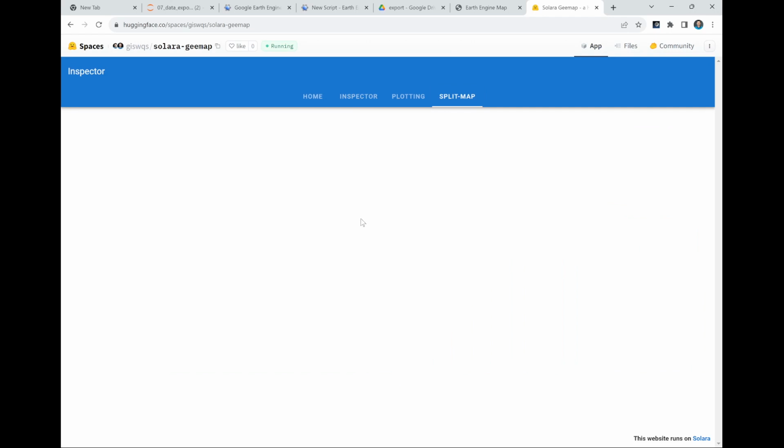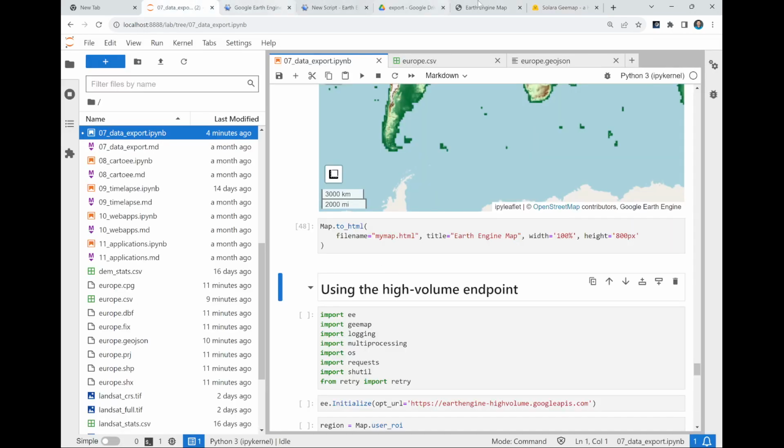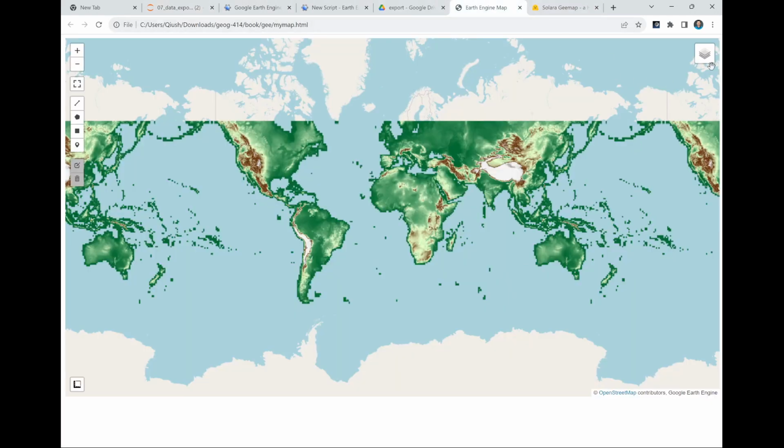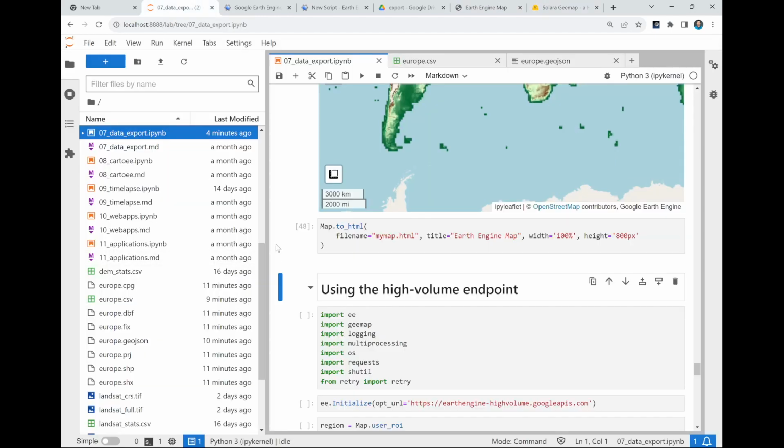For example, also the split map. So here, right, and I can select the drop-down list, something like that. But if I export as an HTML, it won't work. It will just be something like this. There's no control because everything you're doing here requires Python and JavaScript. So you need kind of a front end and back end. It's a bit complicated, but